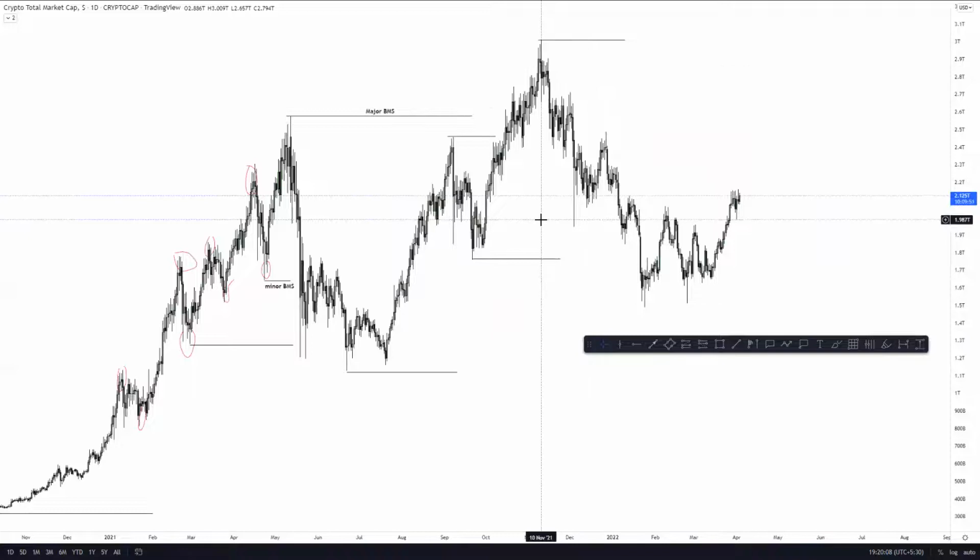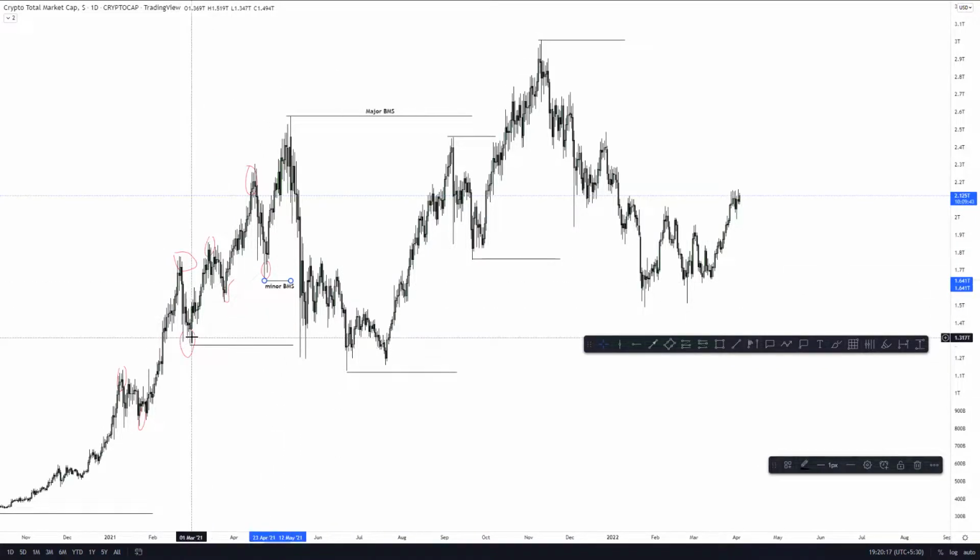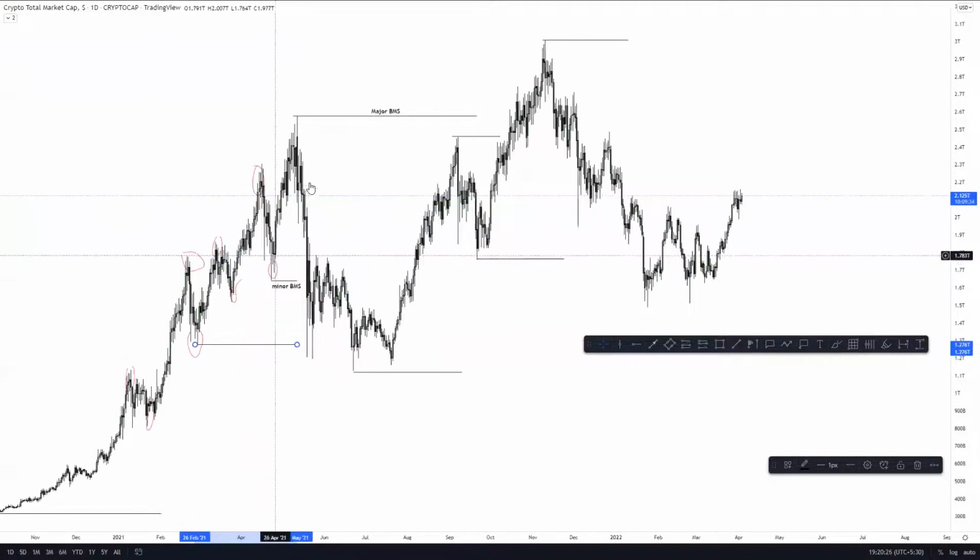And if we take out the major BMS, then we go bullish. Yeah, so this minor BMS happens just to take out those internal liquidity we have. But if price has taken out the last previous highs and major highs and major lows, that's what we call